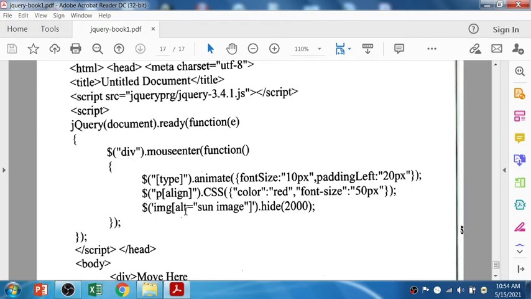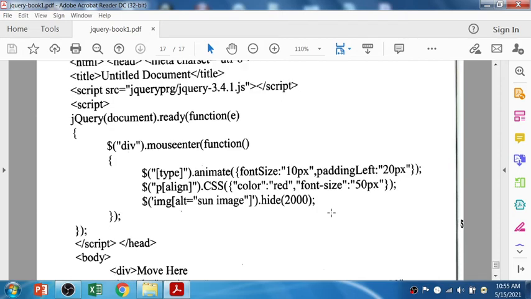Image alt attribute sun image and hide with 2000, that is milliseconds.